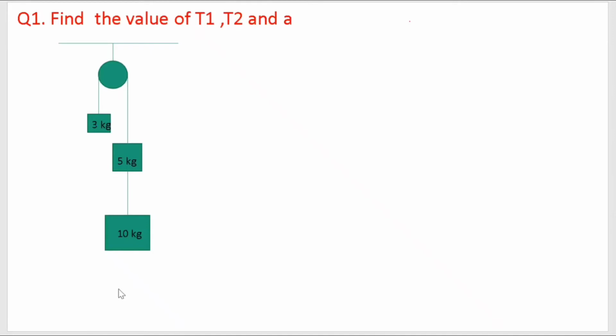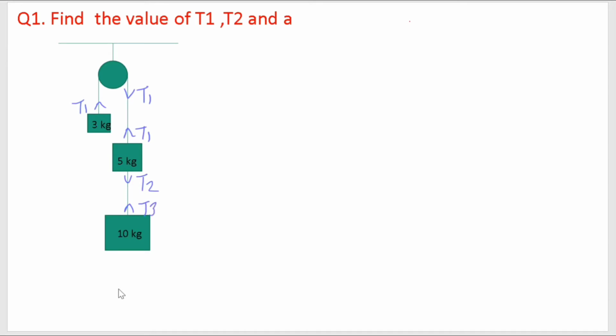Hello learners, in this problem we are going to find out the tension in both the strings and the acceleration of all the three blocks. Now assume the tension in the first string is T1, and in the second string assume the tension is T2,